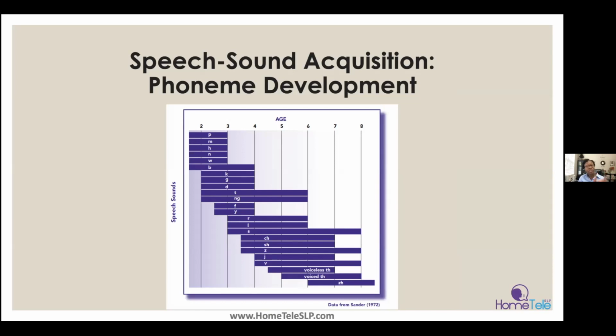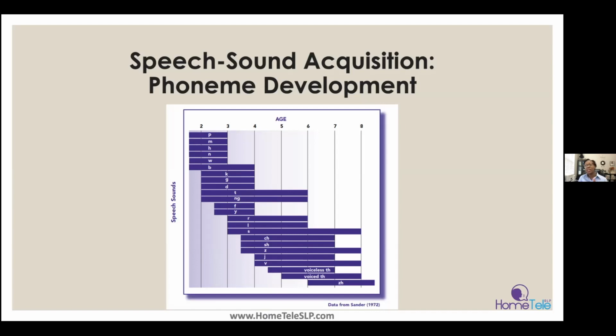you'll see that there are certain sounds that a child should have in their speech sound repertoire at the age of 2. So if you think about what we talked about a little bit earlier with the variegated babbling and the reduplicated babbling that babies do, like pa, pa, ma, ma, ma, ba, ba, ba, they're producing these early developing sounds that involve the lip. So P, M, even H, N, a tongue tip sound, W, a lip rounding sound. All of these sounds are early developing. And if you notice when you're producing them, they're in the front of your mouth and you can easily feel your lips moving or see how that sound is produced.